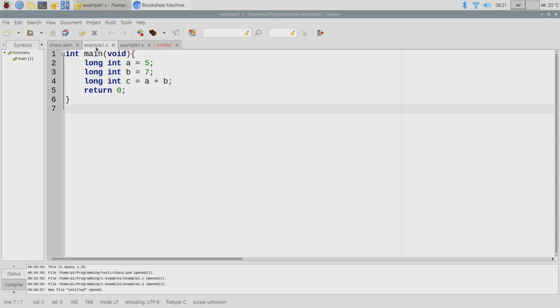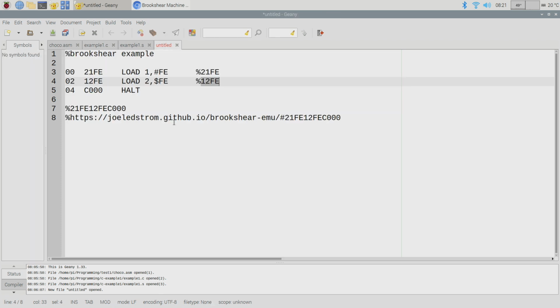Okay, so your programs that you guys are going to turn in, for the Brookshear stuff anyway, are basically going to look like this, right? So you'll have your code and do put in this stuff here, the memory address and the actual machine code. That's the last step you do, right?